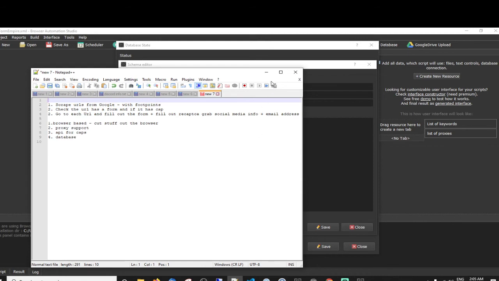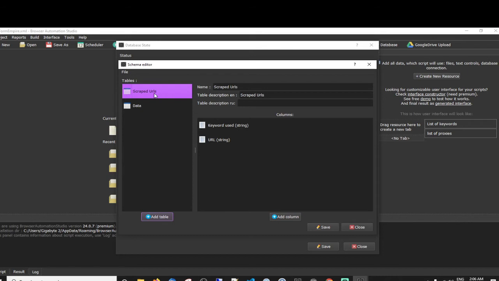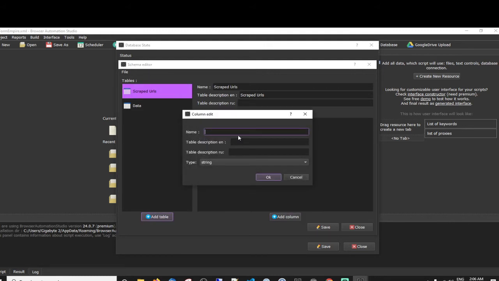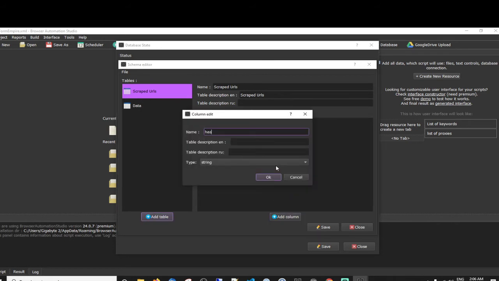Fingerprints. Okay, so what does that mean for us? Scrape URLs. As form. Let's put it in this database. As capture.